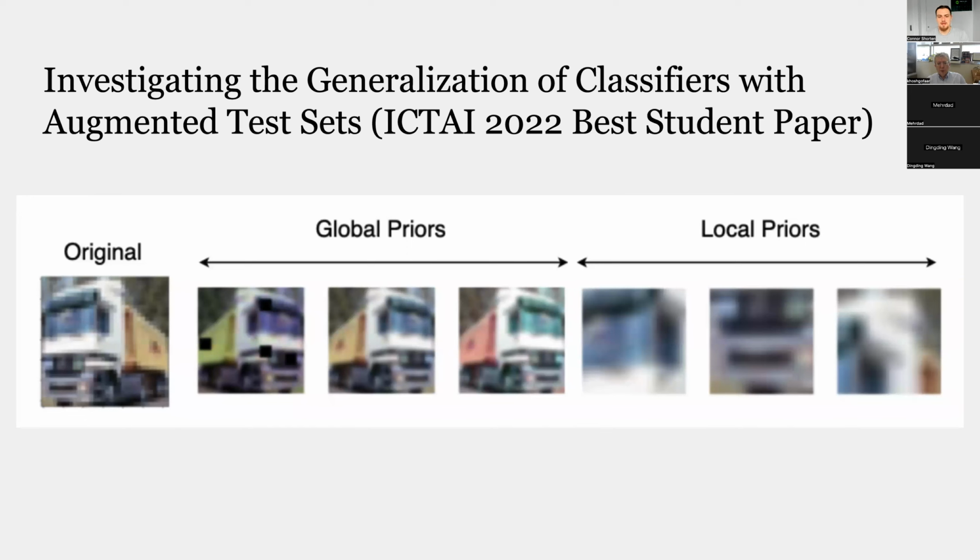So another thing we looked at with this is to see if there was a correlation in the inductive biases in ResNets and vision transformers with the global and local augmentation. So attention-based networks attend to the entire image at every step, whereas the convolutional network processes the image in local windows.